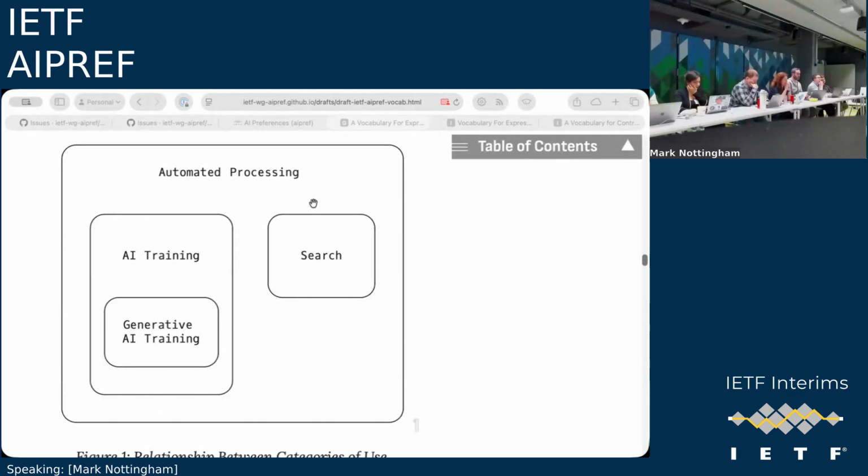Now, if you take the opposite view, which is to say that there's this big black box, and the only thing that we care about is what goes into that box and what comes out of that box, and it doesn't matter what it does, as long as a trained AI model is not an output of that system, then we don't need to worry so much about the left-hand side of these things. But that's only really possible if we remove the clause untrained.